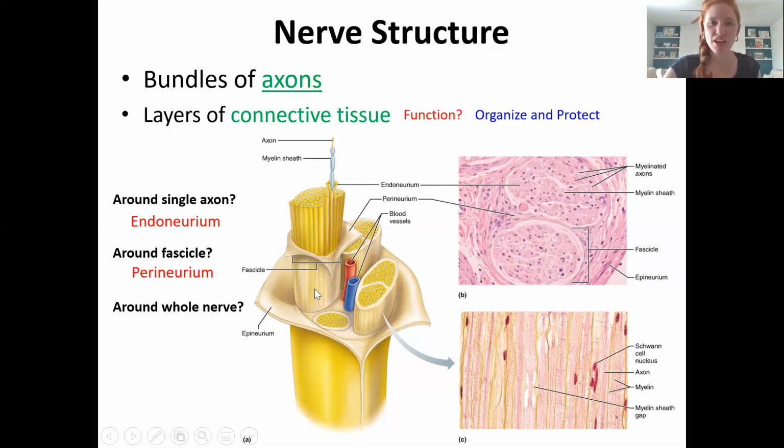Around a collection of fascicles would be one full nerve, and that would be the